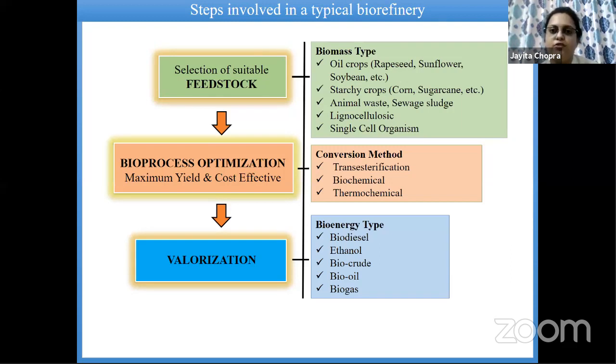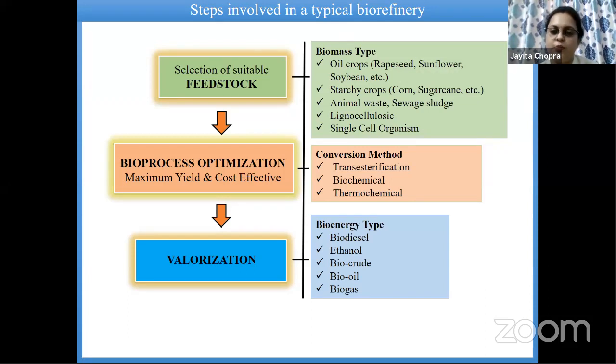This biorefinery approach comes from the petroleum refinery, where we get one crude and it's distilled to get a different range of products. Similarly in a biorefinery, using a single feedstock, we get different kinds of products. The first step in a typical biorefinery model is the selection of a suitable feedstock, like animal waste or lignocellulosic material, and this will determine what kind of pre-treatment we will do after that,